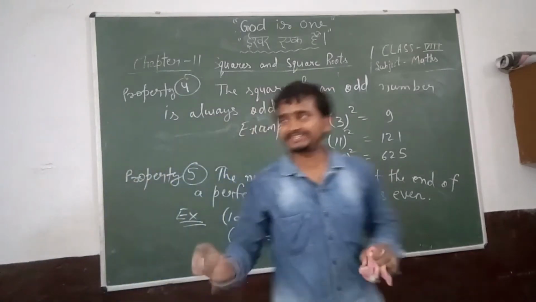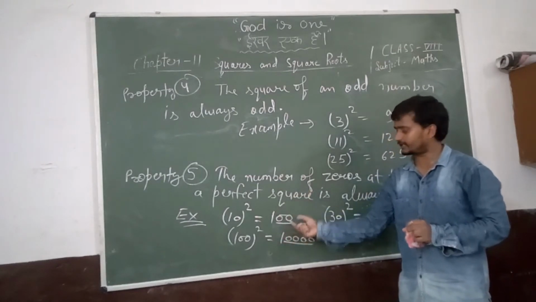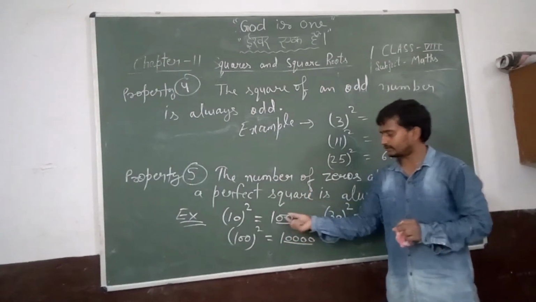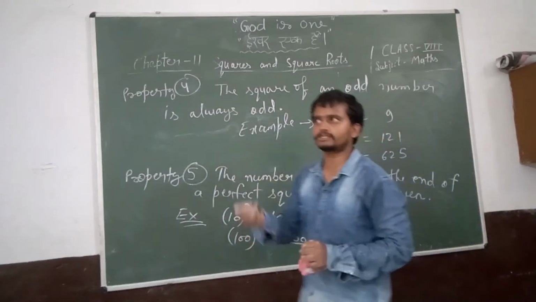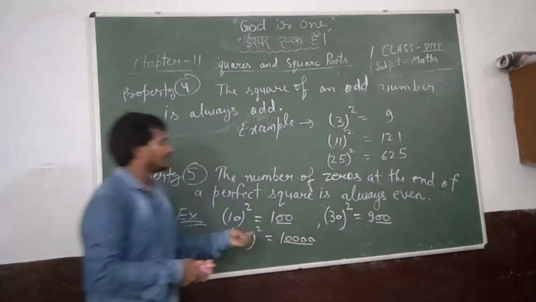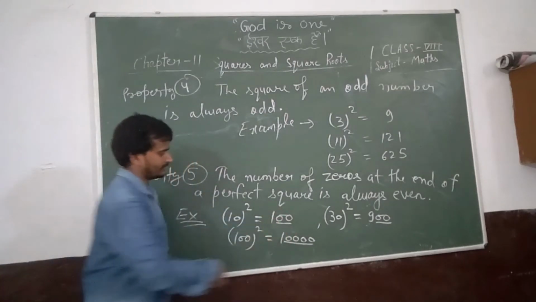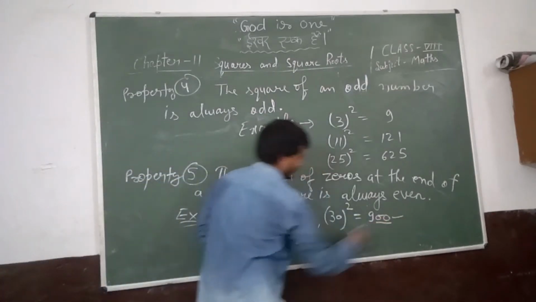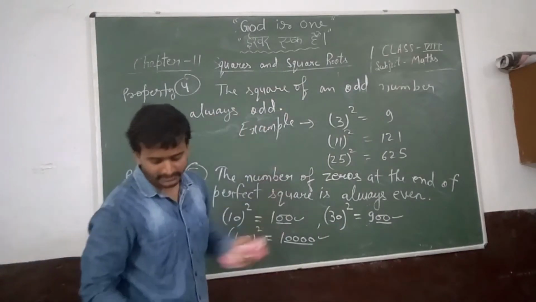So easily you can find that if in a given number the number of zeros are even, that means 2, 4, 6, 8 zeros, then you can easily say that yes, this number is a perfect square. Next property is